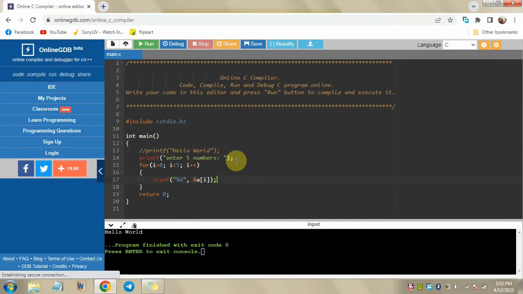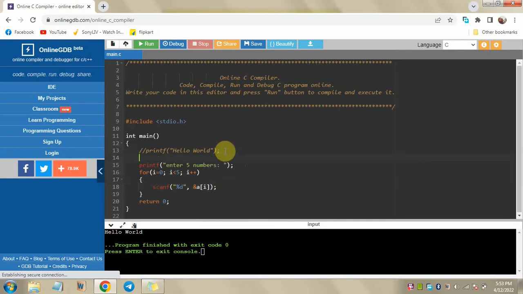It has to be less than 5, right? Done. But now we have to declare the data types, that is integer. We have taken I over here, right? So we have to take integer I and an array A of size 5. Within third bracket we have to write 5.